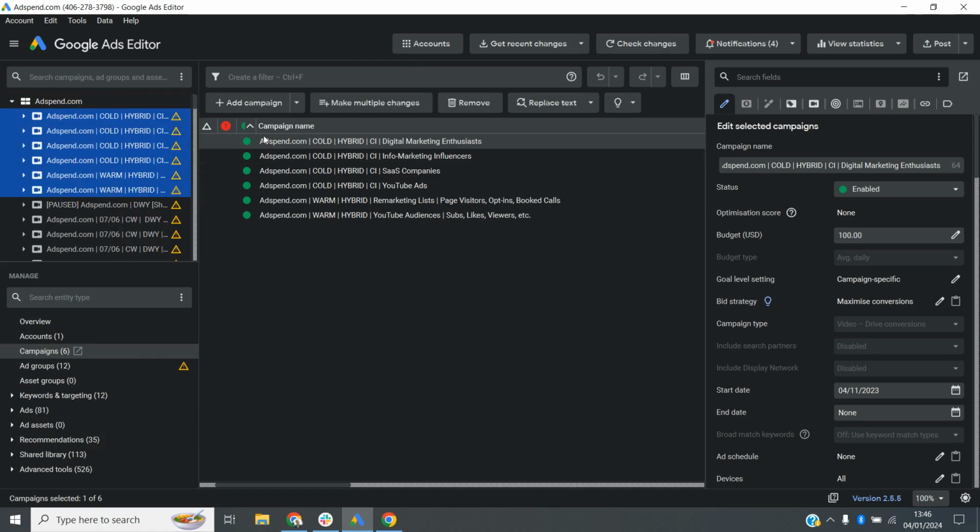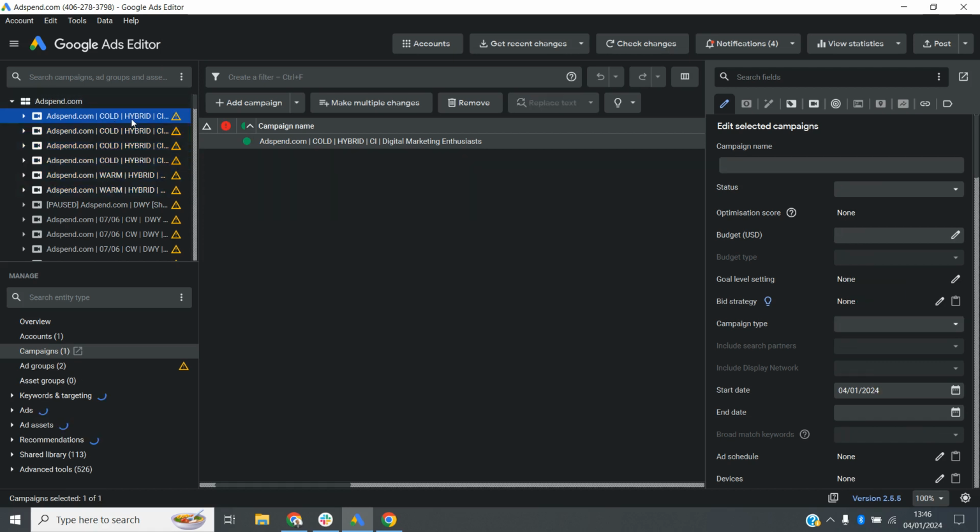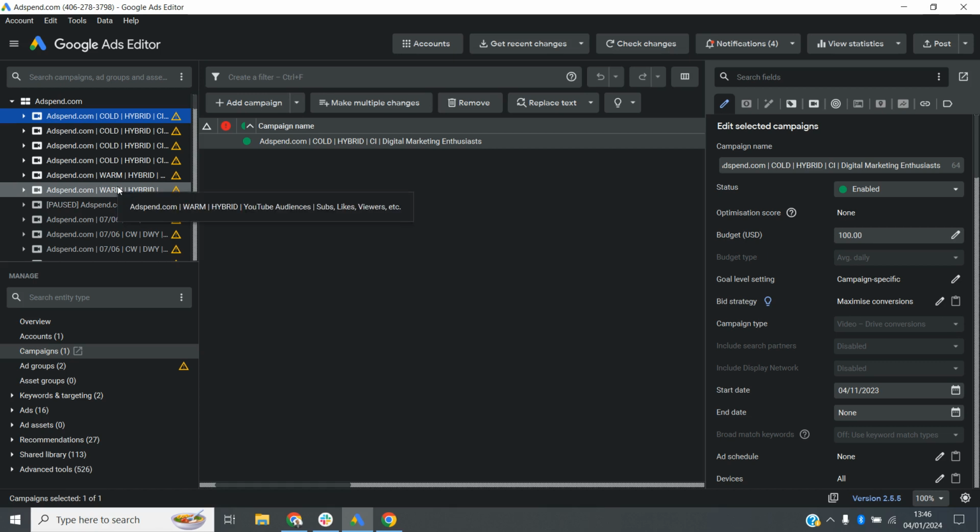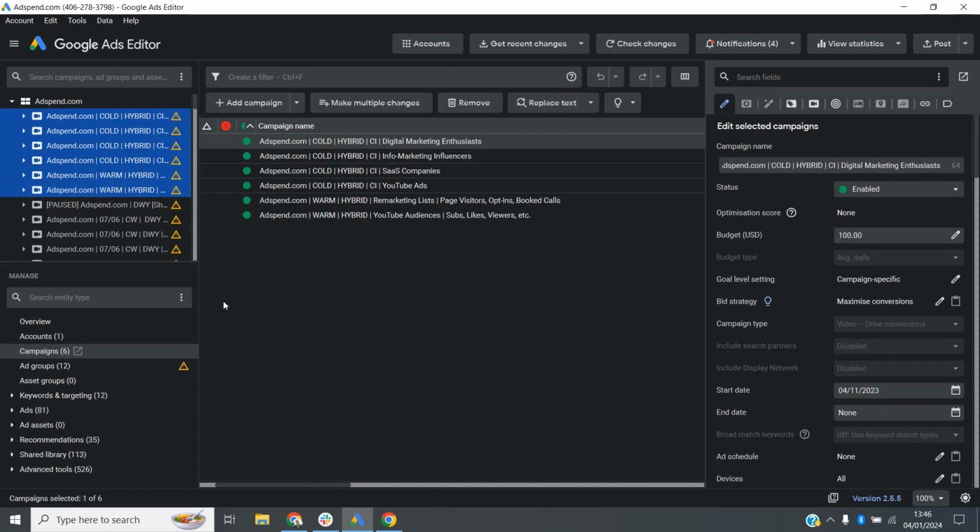But typically, I'll just sort by the campaigns that are enabled, and then sort within this side bit here. Obviously, all the same things apply. If you hold Control, you'll be able to select multiple campaigns. Obviously, I normally click the top campaign, hold Shift, and then click the bottom campaign, and it will highlight everything there. One thing to note for the settings on the side here: whilst everything within here is for all the campaigns,